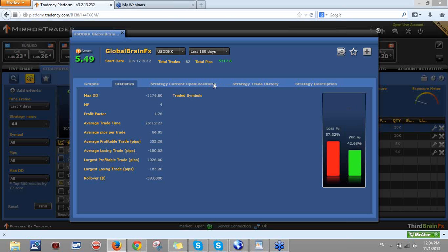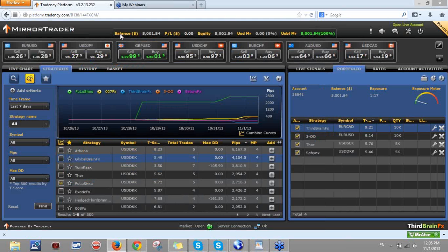Let's have a look. What is the performance during the last 6 months? 5,317 pips and almost 2 profit factor. Again, the average profitable trade is 353, which is very good. On the third place is strategy UMCAX. This strategy had a little bit of drawdown during the last 7 days, 105 pips, which is actually nothing compared